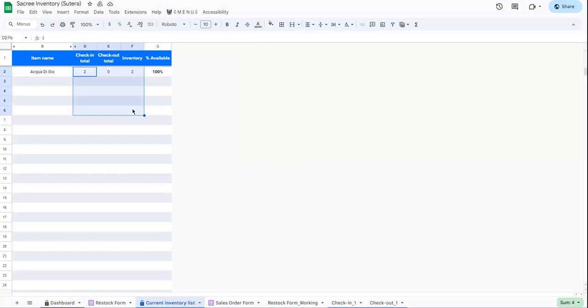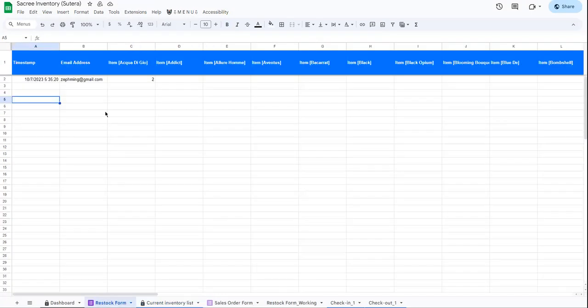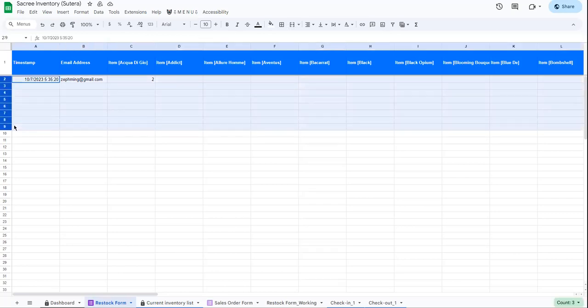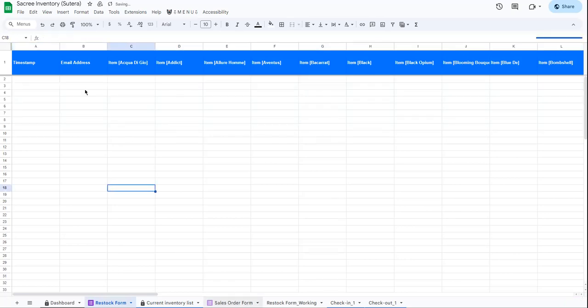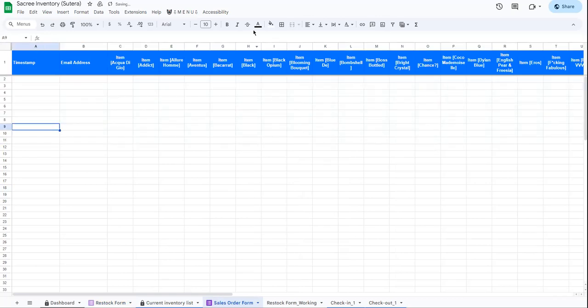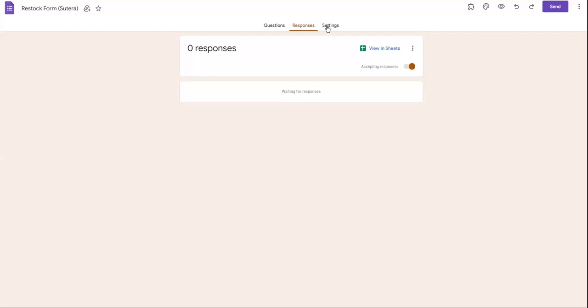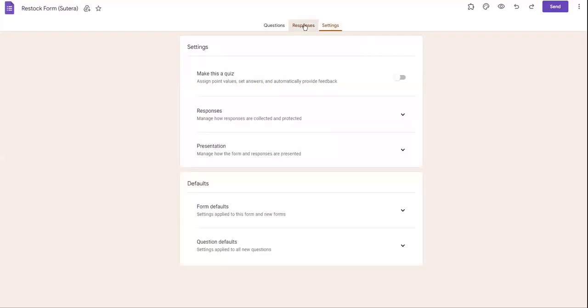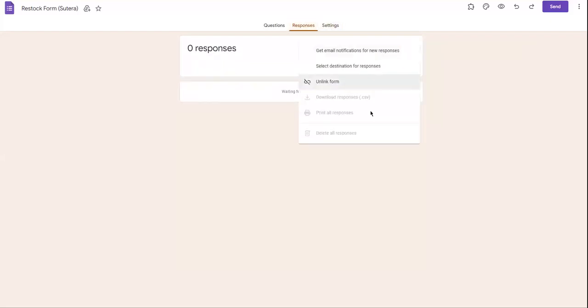And let me show you another thing, that if you want to restart, like if you don't want this email or the entry to be updated into the system, you just need to click and clear this, then go to the sales and clear this as well. If there are any entries, then go to the form. If there are any responses, click on it and delete all the responses. Similarly for this one,